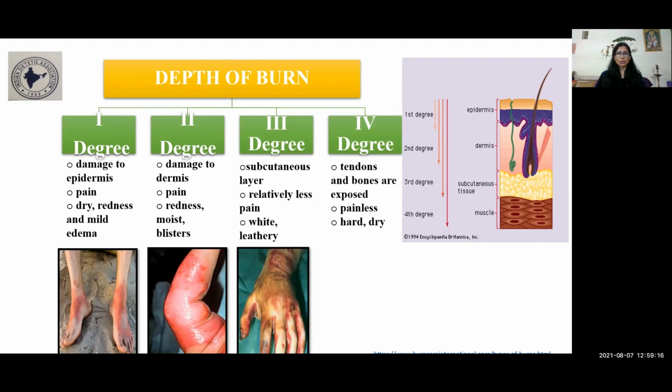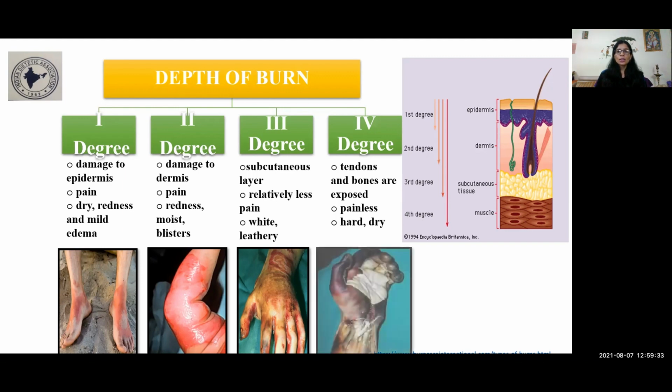If you look at this picture, the second degree burn involves the second layer of the skin, known as the dermis. This is also painful. It has redness over the burn area, and there is some moisture and blisters over the burnt area. The third degree burn is known as the severe burn, where it involves the subcutaneous layer of the skin and has relatively less pain. It looks white and leathery in texture. The fourth degree burns are the most serious burns, where they involve tendons and